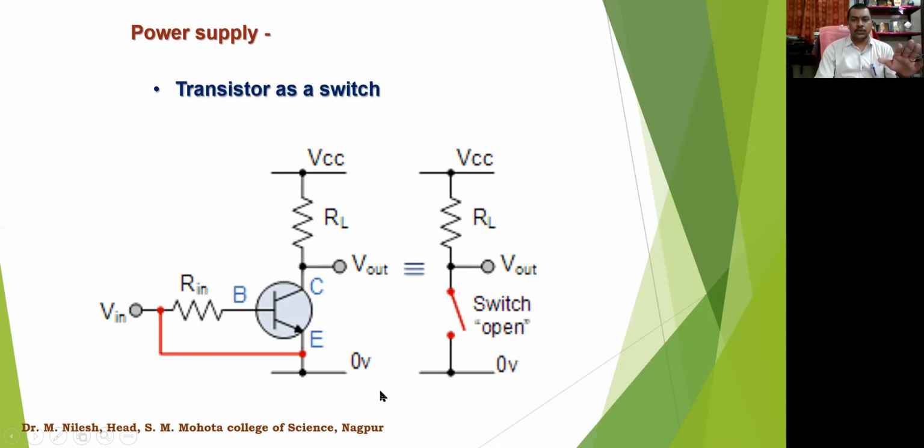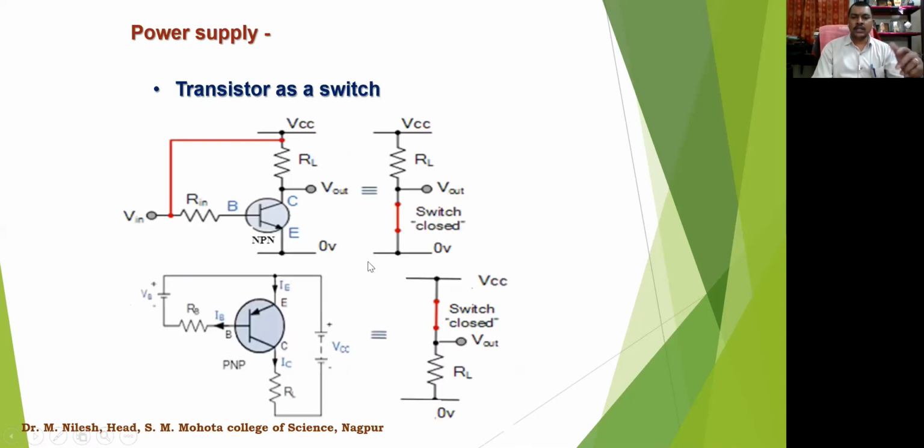Understood this? So when we connect the input, that is the base, to ground, that is 0 potential, the base emitter junction is not forward biased, the transistor is off, which implies that the current is not going to flow through the transistor, and the output voltage, that is Vout, will be high. This VCC will come to the output, and the transistor will act as an open switch, right? This was the first condition.